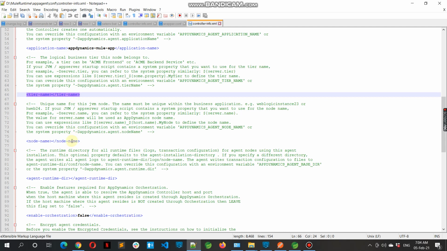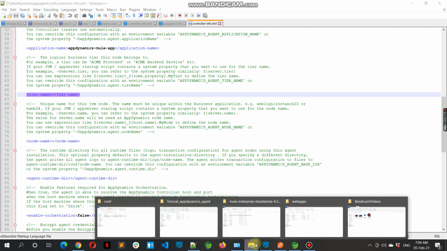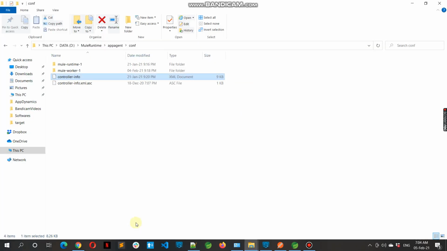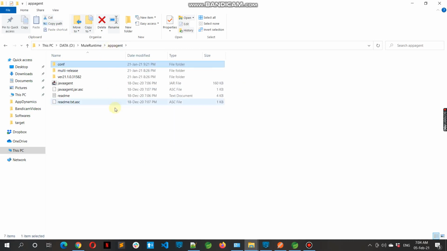This tier name and node name, we can pass it as JVM argument as well. So I will show you how I pass these arguments. Okay, so these two are the important files once you extract the